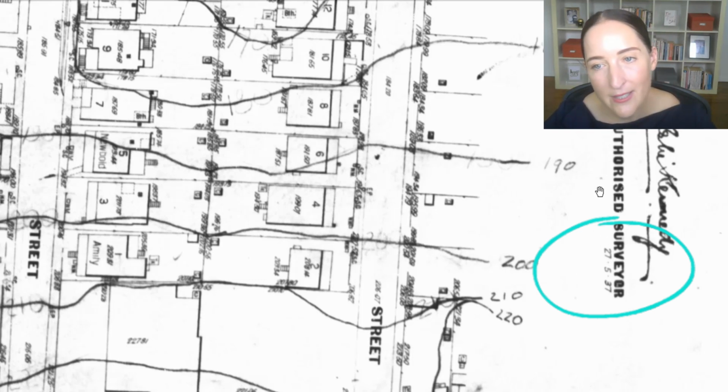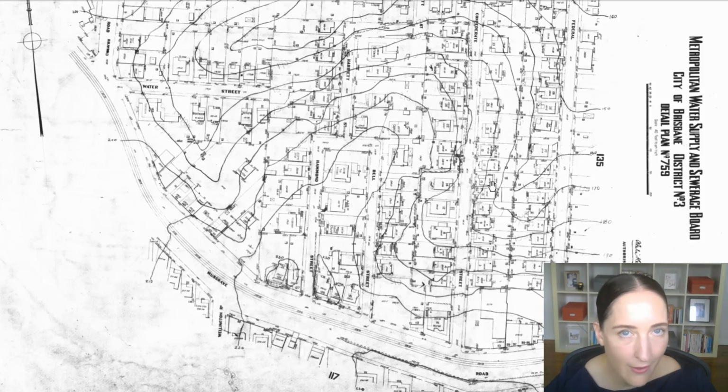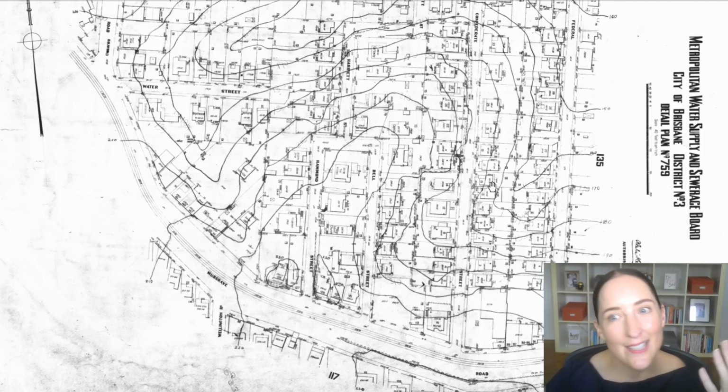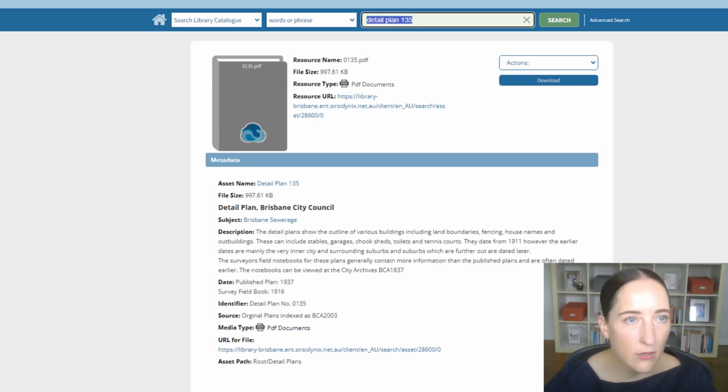Now, what happens if you look there and there is no plan date? It happens quite frequently, annoying. What I used to do was I'd jump across to the next plan number. So let's say this is 759. I'd look at 758 and I'd look at 760 and see if they both had 1937 on them. Then I'd assume that this one was 1937. But what I actually worked out recently is, if we come across,